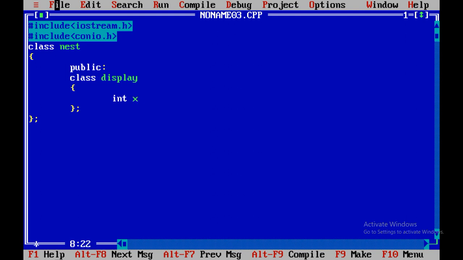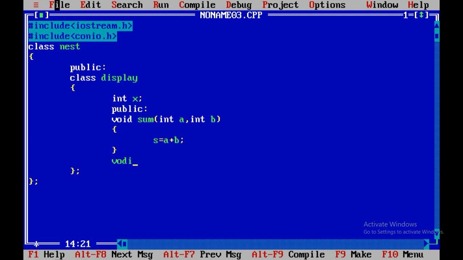Now integer s, then public keyword, then void sum, integer a, integer b, s equals a plus b.